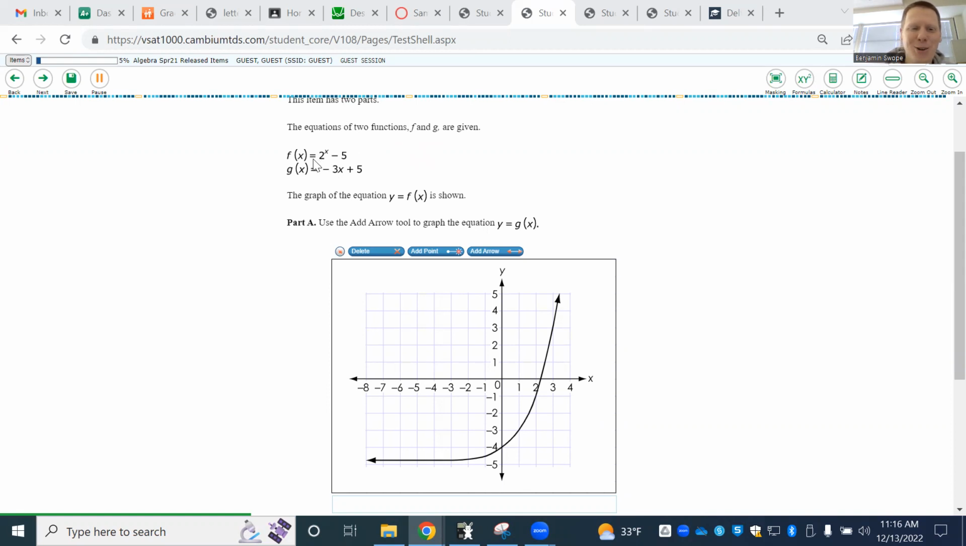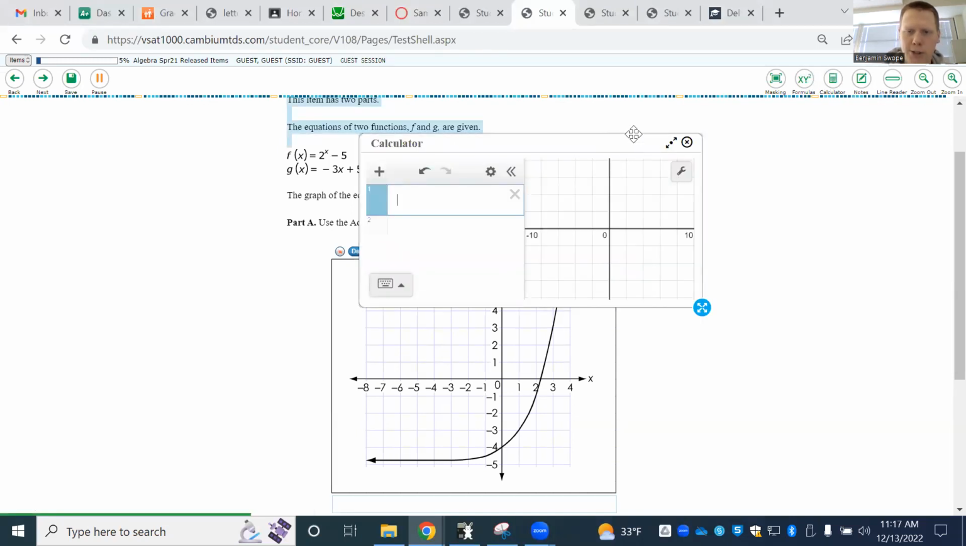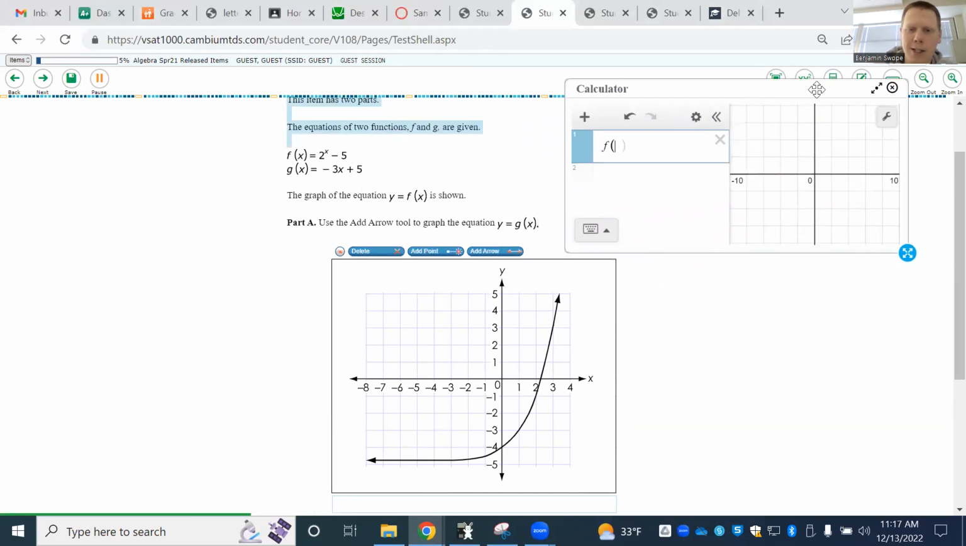So we have this f of x equals 2 to the x minus 5. We have this g of x equals negative 3x plus 5. They say the graph of the equation y equals f of x is shown. What they're saying is they've graphed this top equation for us. But what you could do is if you did try and graph these in Desmos,